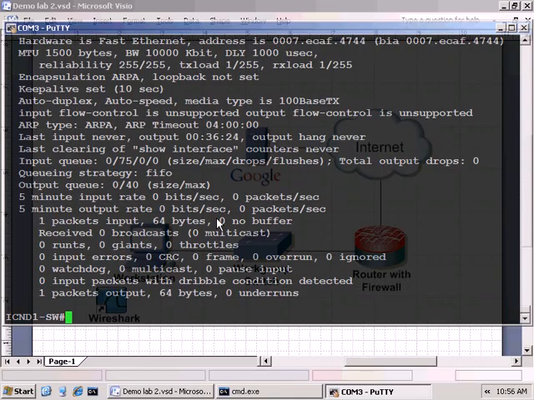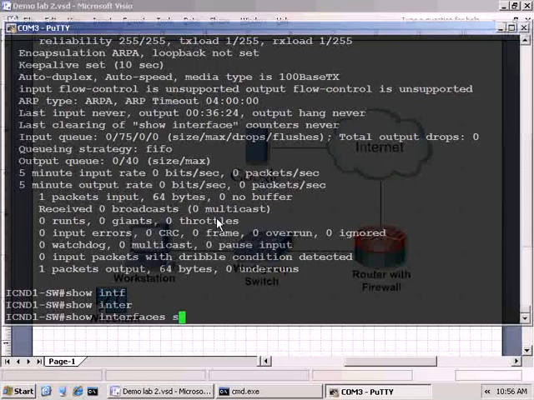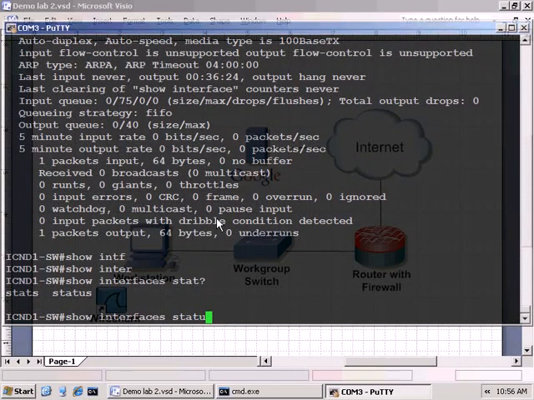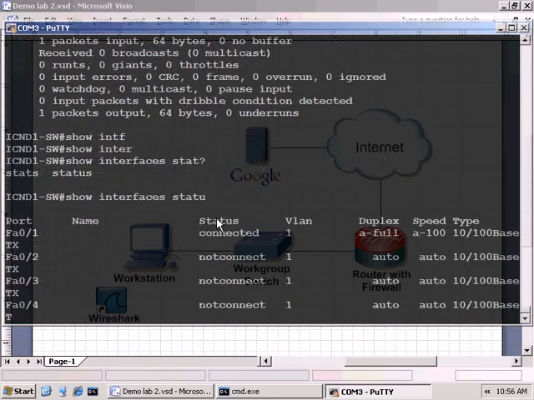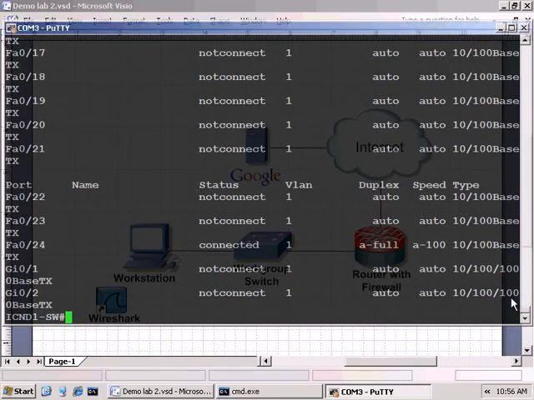Another one you'll probably, well, let me give you 2 more that you'll use quite frequently on a switch. The first one, and this is the quintessential troubleshooting command that you're going to use on your switch. And you might want to write this down somewhere, and that would be show interface status. Okay, and notice there's a stat for stats and status, so you have to type it all the way out to at least the U to get statistics. This will give you a short rundown of every interface you have on the device,